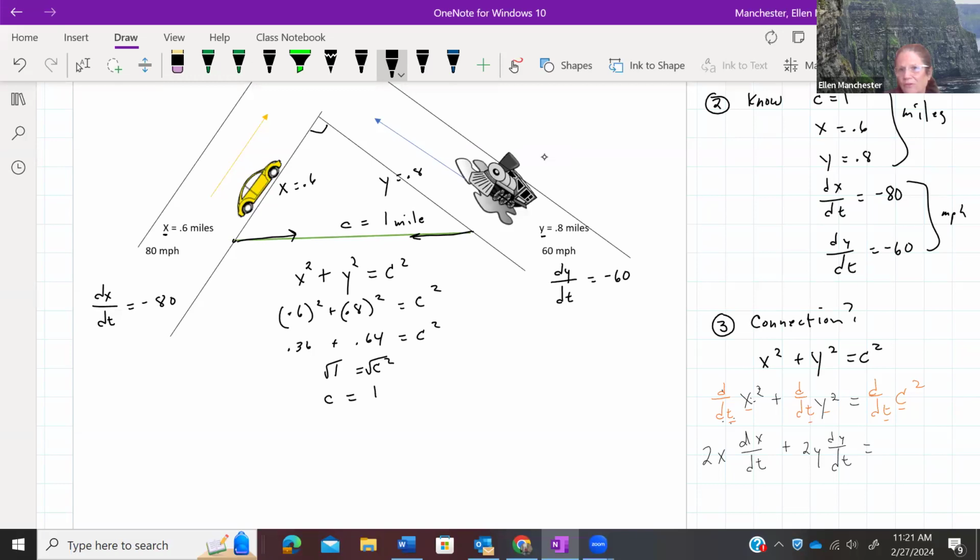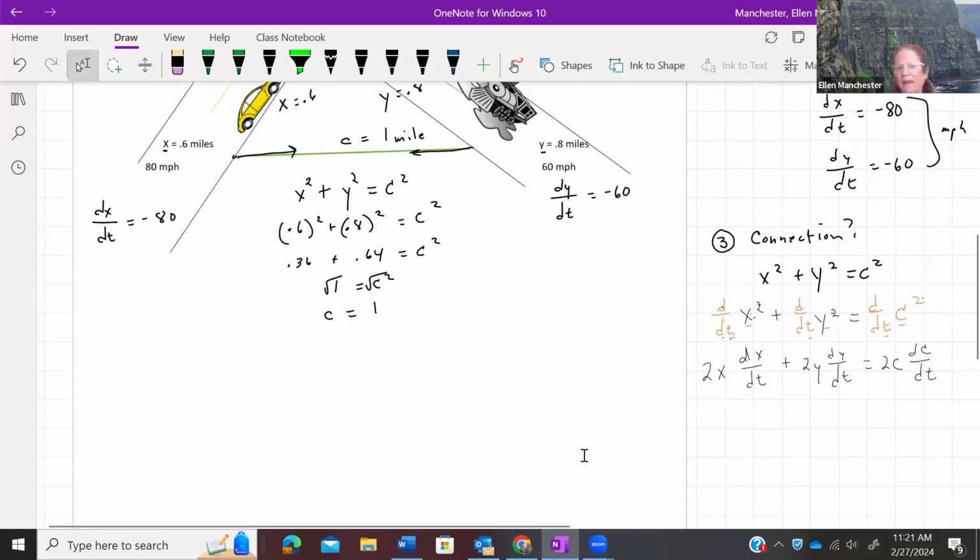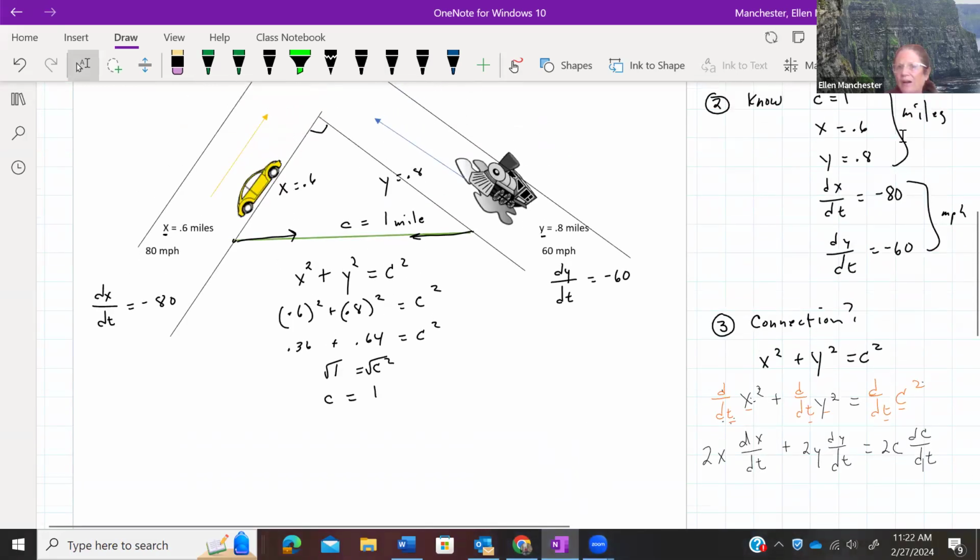And then the derivative of c squared is 2c. I peeled that 2 off. What's left is dc dt. Okay, so all I'm doing is just implicit differentiation. Nothing has changed. I haven't done anything different than what we learned in 10.5. What's different is now I have values to plug in. So that's why it's super important to know, what is it that you're finding? Or what is it that you know? What are you given? What is the information? Okay, so I can just start plugging things in.